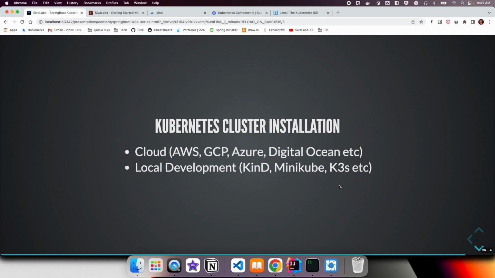Next, how do we use Kubernetes? Typically, in production or in any environment, if you are in the cloud, you can use either AWS, GCP, Azure, DigitalOcean, or whatever cloud platform you are using. Most likely it provides a Kubernetes platform. You can use that. But for our local development, we can spin up